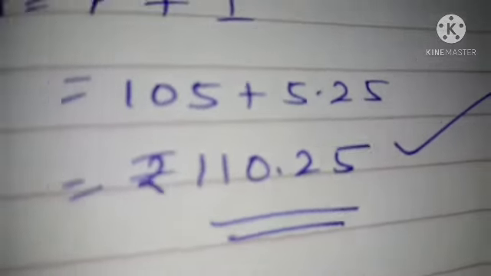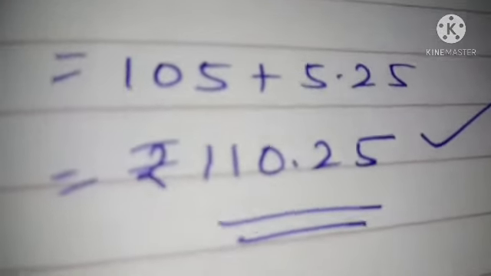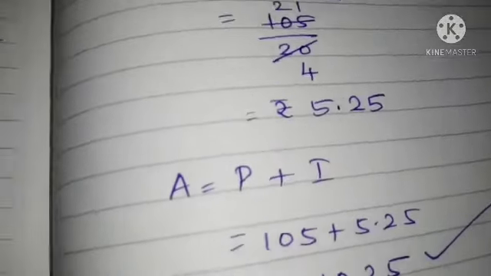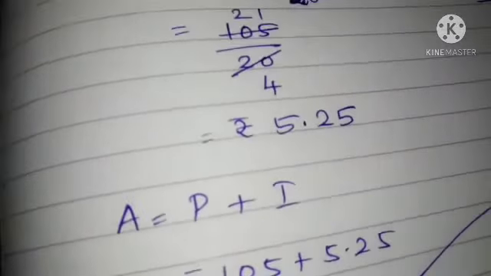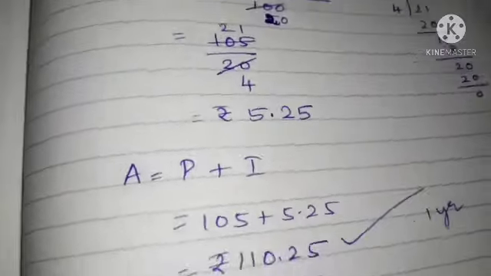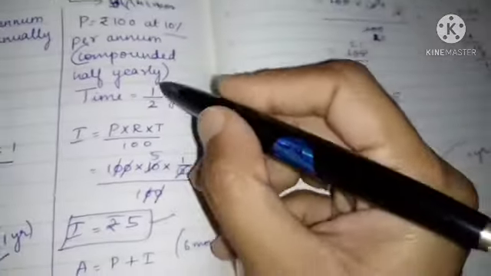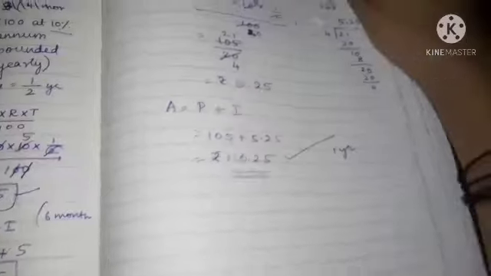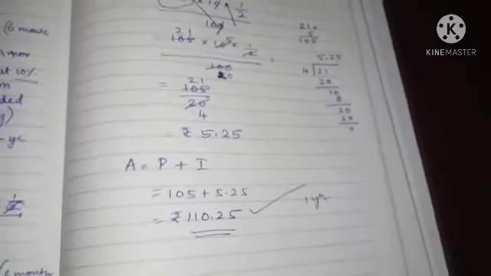yearly, we compute interest 2 times, correct? Because half yearly means one interest I am taking like this, another interest I am finding like this, then totally I am adding it. Okay, so time period becomes twice and rate is taken as half, correct? Rate is half, but the period is 2 times I am taking it, because this one time I am taking, another time taking. Okay, so that is what is given there. Okay, next we will go to example number 12.